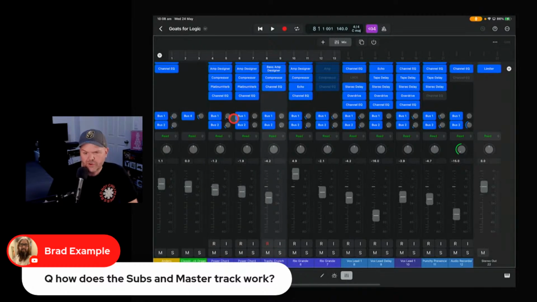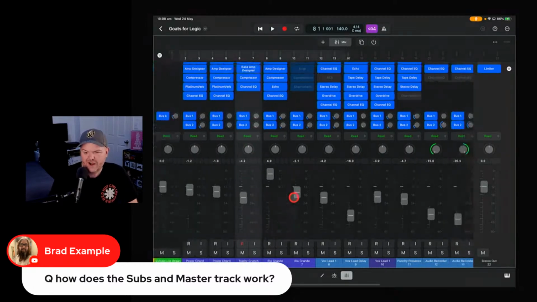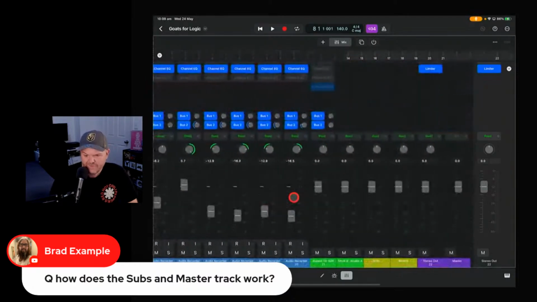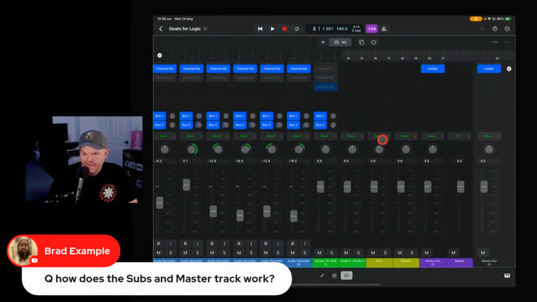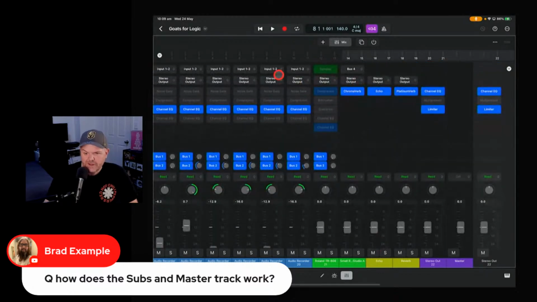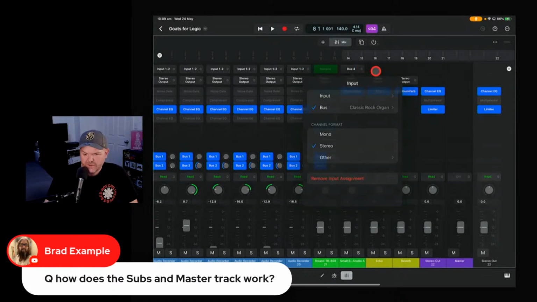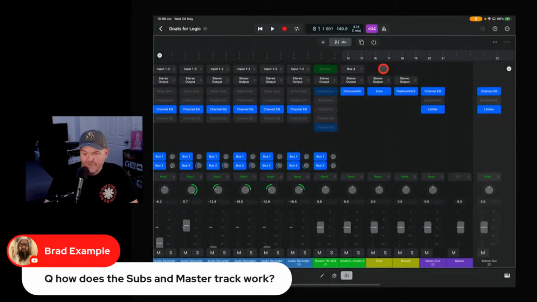But what you can also do is you can add sends. So see how these have bus 1 and bus 2? These are actually going to send these tracks out to some bus tracks. And what you can set up on a bus track is effects. So if we come down here, this is bus 1 and bus 2. This is our echo and reverb. So the reason these are all going to bus 1 and bus 2 is that we had echo and reverb on our original track. So it gives you the ability to send things out. Actually, is that bus 4 classic rock organ? Yeah. Again, I haven't spent a lot of time with these. I'm assuming that these are the case.